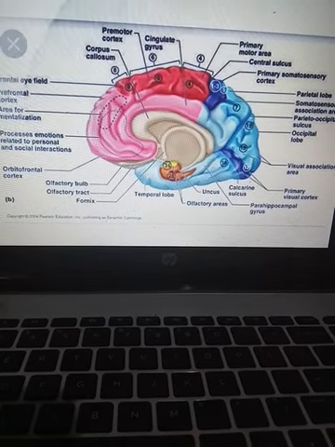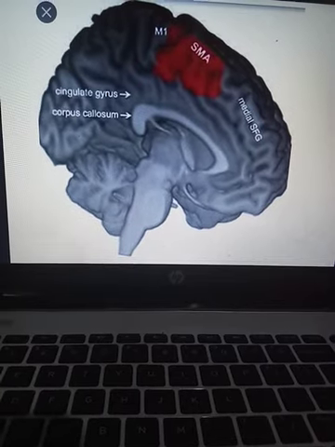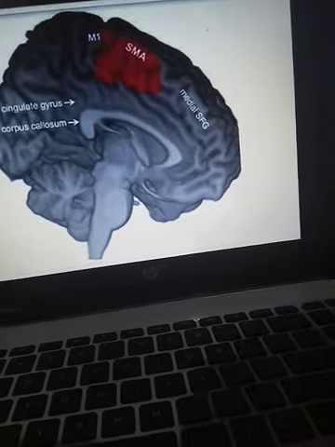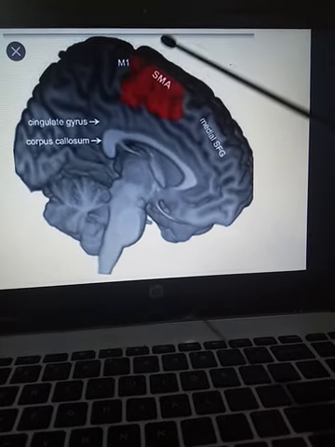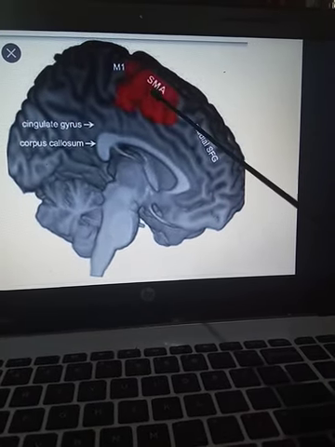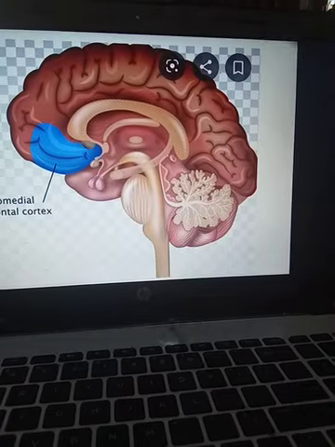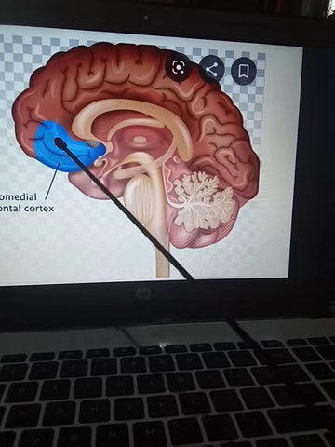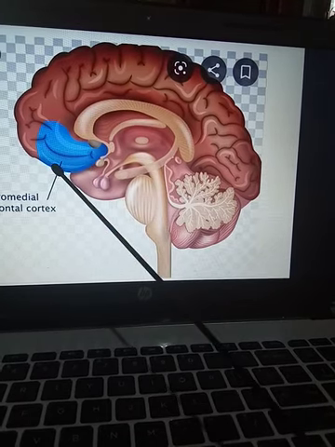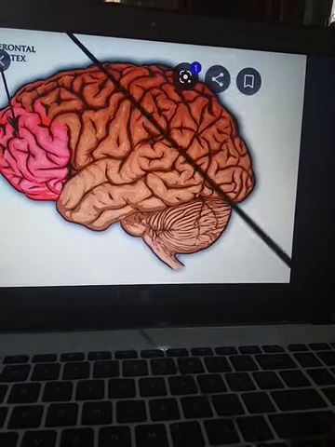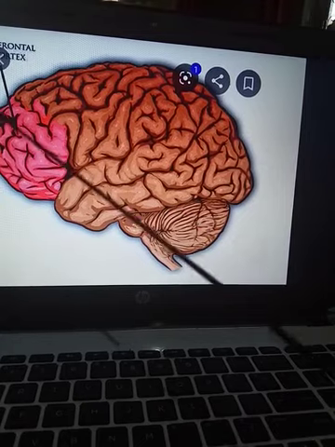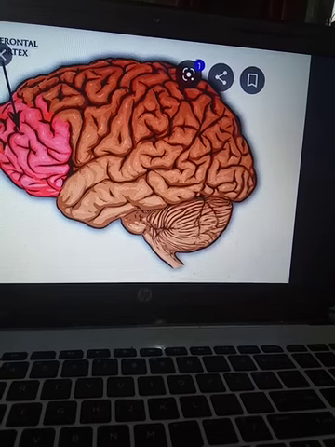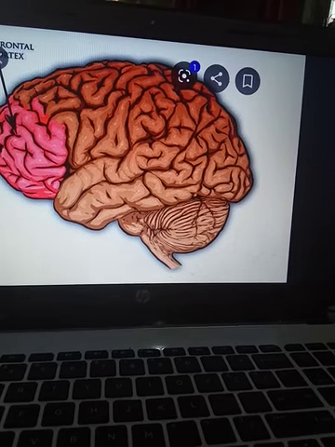After this comes your supplementary motor area, which is present on the prefrontal gyrus, and it is associated with the primary motor area. Then your prefrontal area, which comprises the anterior part of the medial frontal gyrus, the orbital gyrus, and superolaterally the anterior part of the three frontal gyri. This is associated with the expression of emotions.